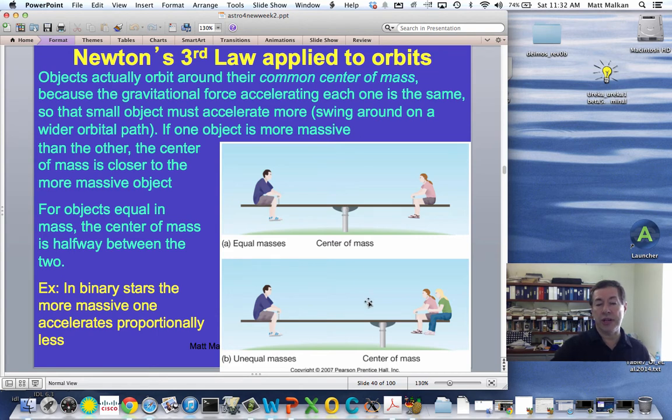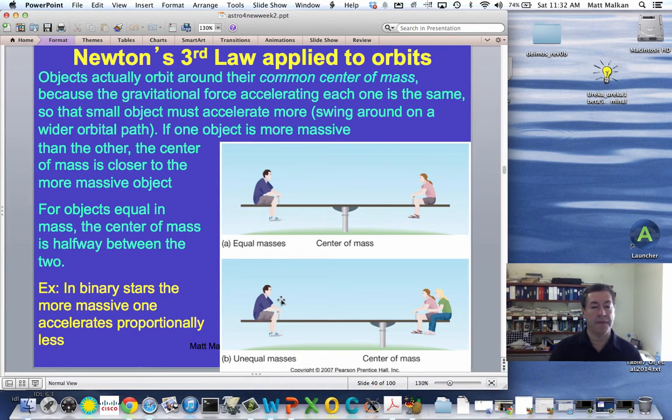So in a realistic situation, one of the binary stars might be, for example, twice as massive as the other. So here's an example, just so you can see where the center of mass would be. Let's suppose that this corresponds to a star with twice the mass of this star. Then you can see that the center of mass will be about a third of the way between the massive star going over to the low mass star. And what that means then is that the massive star will execute a small orbit. Small radius, just 1/3 of the radius of this star here,